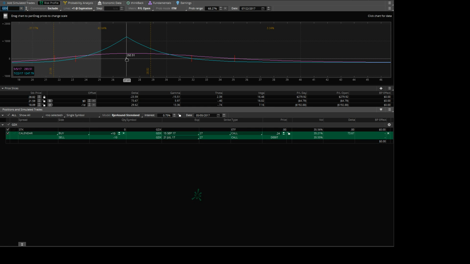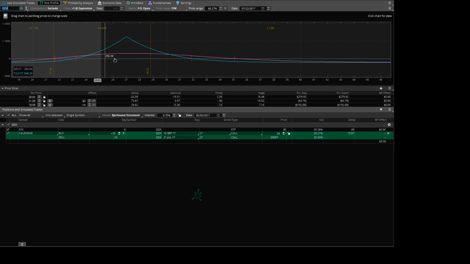So if you are in this calendar, it's a matter of patience. Now, 22 is kind of like the first step. If we clear 22, we are on the right path. And also, if we clear 22, this calendar will actually make money every day that passes. Even if GDX doesn't move at all, the thing is going to start making money. And also, if by July, which is, let's say, a pessimistic or neutral projection,